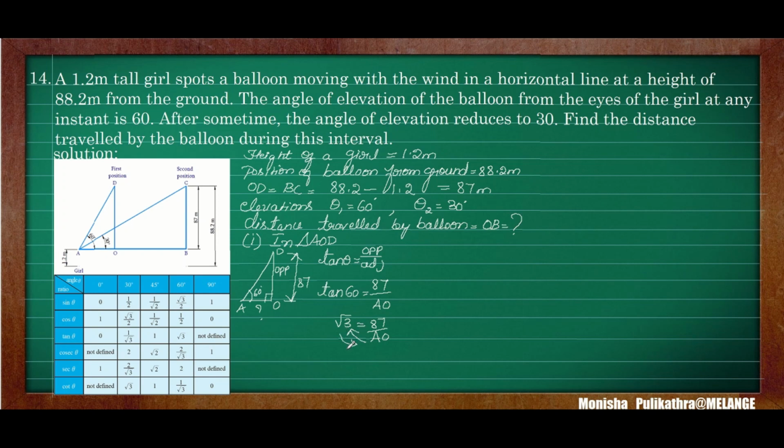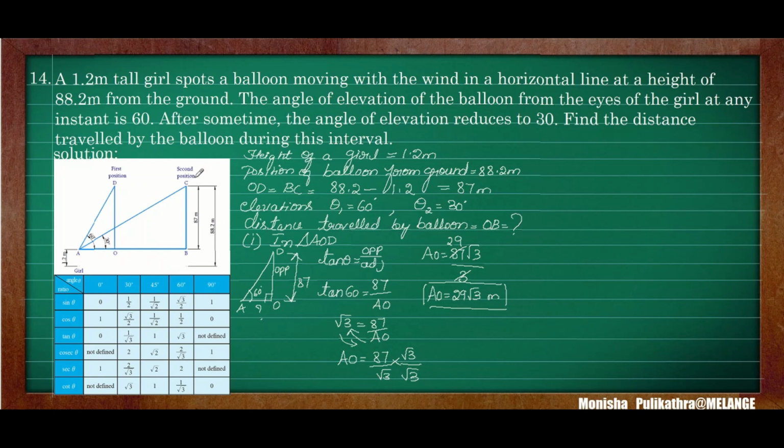So if I take this as per cross multiplication, you will get the value for AO is 87 by root 3. So again, I will be doing rationalization of it. So AO will become 87 root 3 divided by root 3 into root 3, which is root 3 whole square. The square and root cancel, 3 will be remaining. Here 3 2s are 6, 2 carry, 3 9s are 27. So the value for AO is 29 root 3 meter. That is the value of AO.